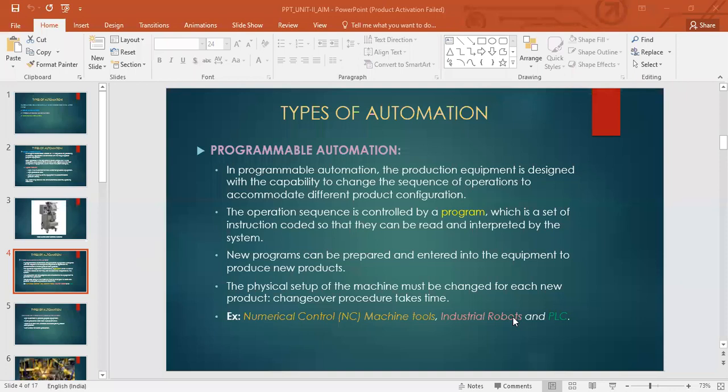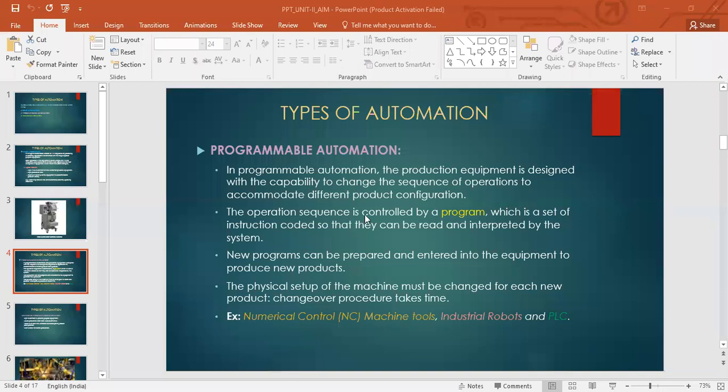Industrial robots, programmable again. PLC is programmable again, right? We discussed PLC in the last unit, that we are able to program them using ladder logic diagrams. So that is why it comes under the category of programmable automation. Is that clear?